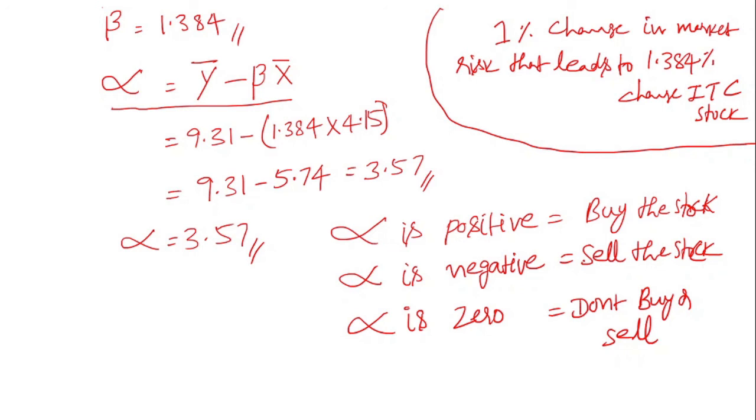What is indicating what? Y is indicating the ITC stock. ITC stock is again indicated with Ri. X is indicated with the market returns. Market return is indicated with Rm. Like that, you have to understand and absorb the important key elements in this area, so that it is going to be very useful for your life career as well as for your competitive exams like NET, SET, or any other competitive exams. If you are going to write, you may face at least one or two problems from this area.